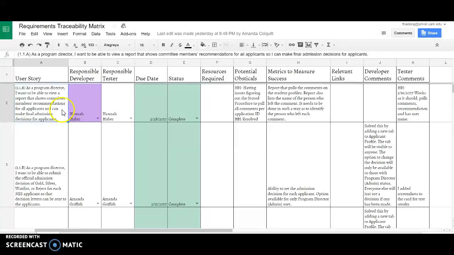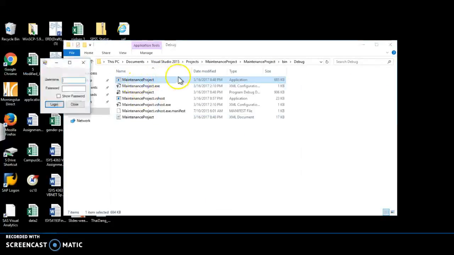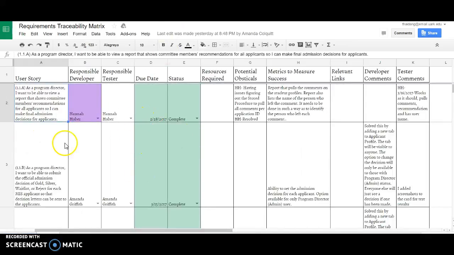So this is the RTM with user story, responsible developer, tester, due date, status, resources required, potential obstacles, metrics to measure success, relevant links, developer comments, tester comments. So this is our application. First of all, I'm going to walk you through by showing each user story. And now let's start with